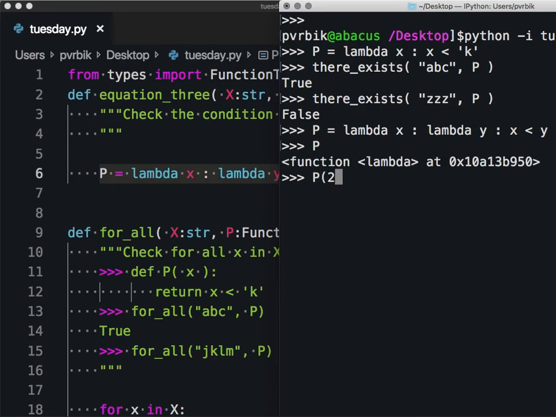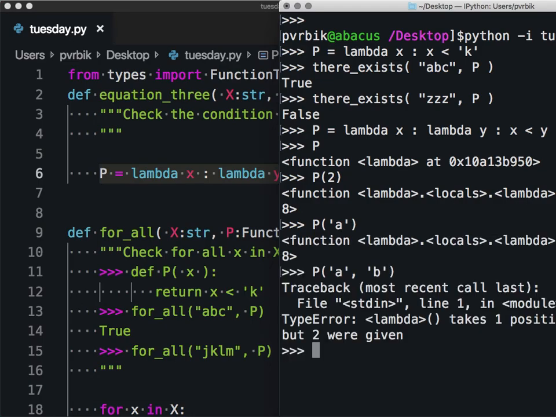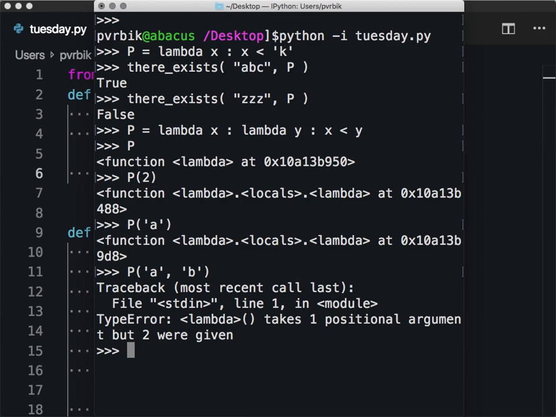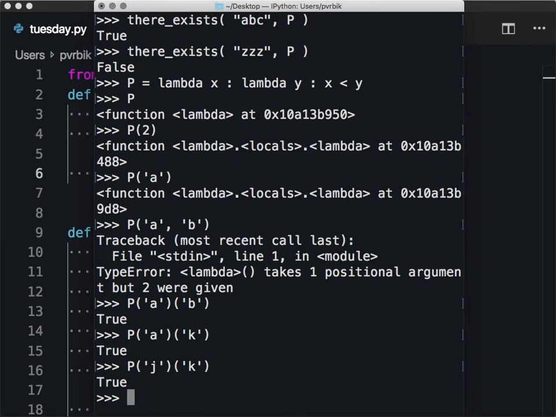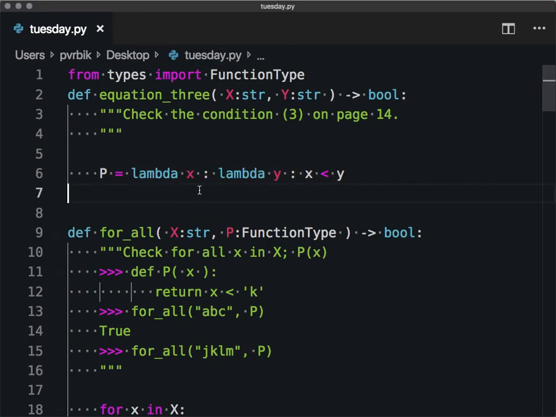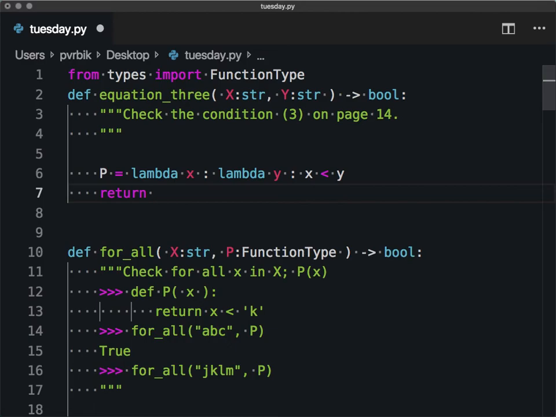I have P of A, which is a function, and then I can also have P of A of B. What is happening? Oh, sorry. Right. It is the case that B is less than A. Okay, so in any case, I can say this, and then I can say return